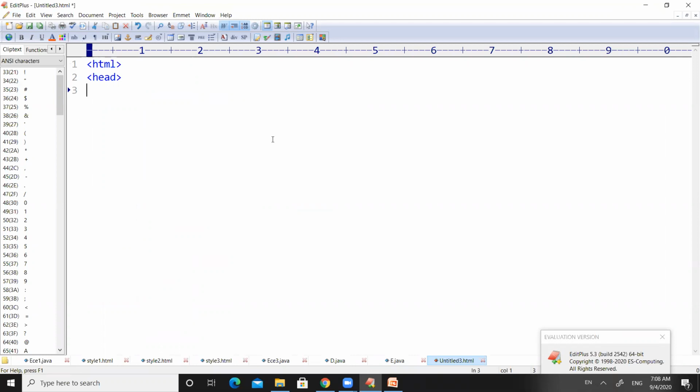While writing an internal style sheet, we have to use a tag called the style tag under the head section.